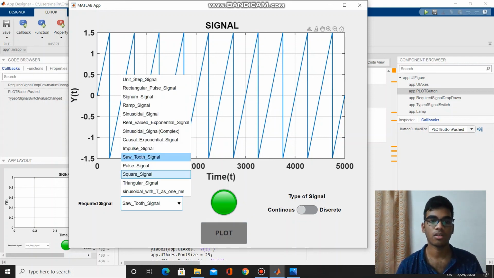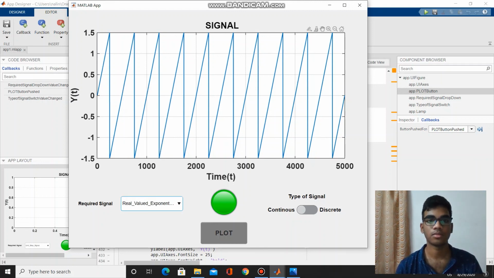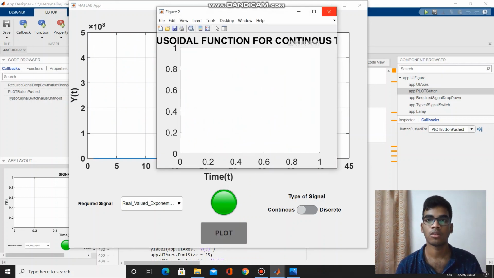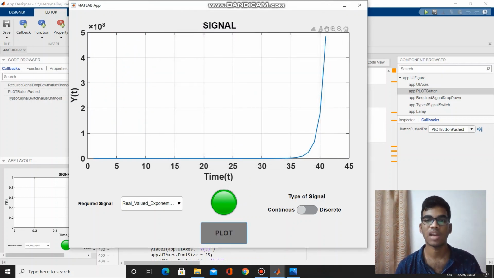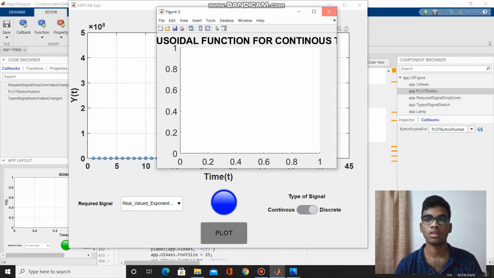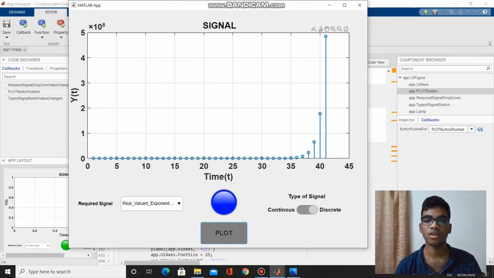Let us give some other function as input. Let us give real valued exponential signal and click on plot. We got the continuous time graph of e power x. Now let us toggle the switch towards discrete and click again on plot. This is the discrete time graph of the e power x signal.